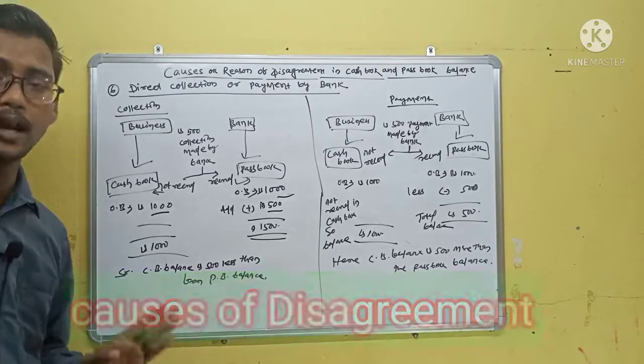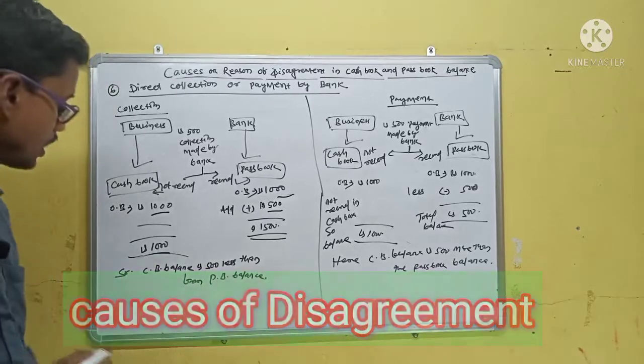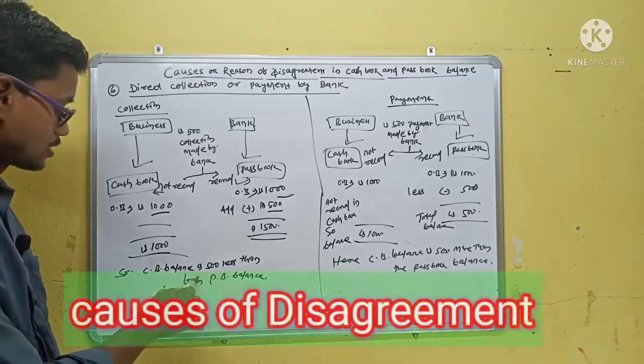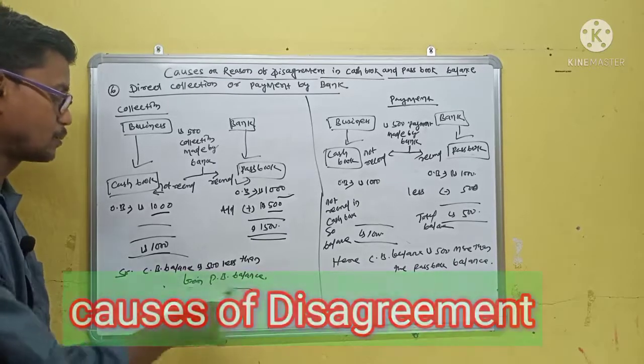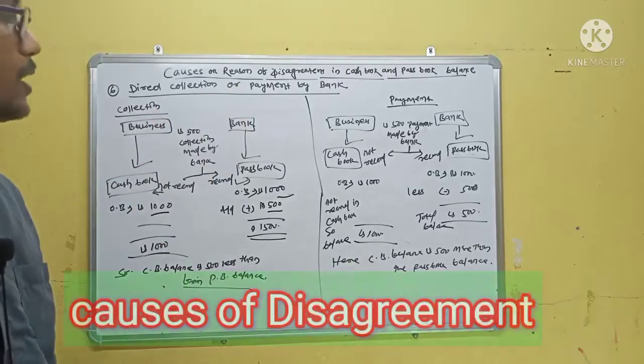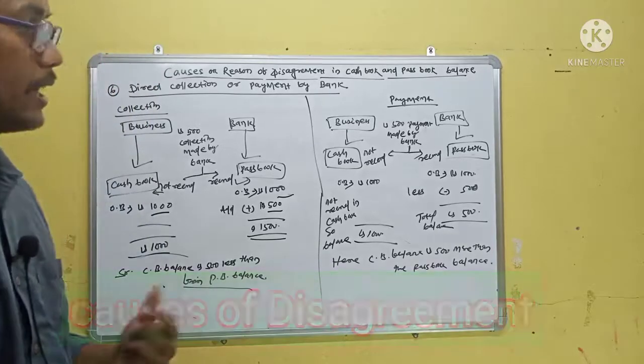So the cash book balance remains constant, that is rupees 1000. Here the cash book balance is